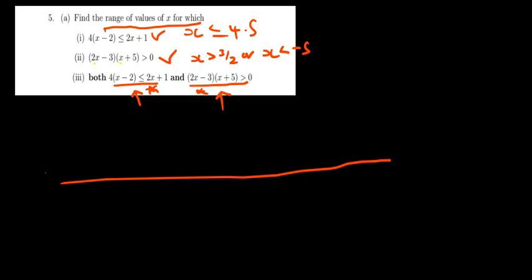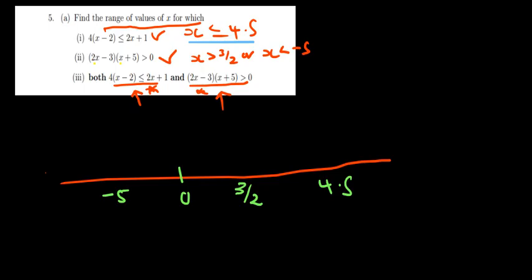Then we're going to plot those numbers that we have. So I'm going to put 0 here, and then I'll put what is 3 divided by 2. That would be like a 1.5 somewhere. So I'll put 3 over 2 somewhere, and then the 4.5 will be somewhere there, then the minus 5 will be somewhere there. Now let's plot the first inequality here, the one that says x is